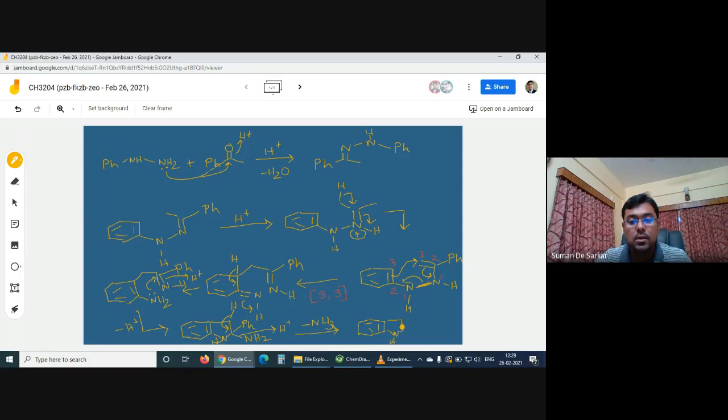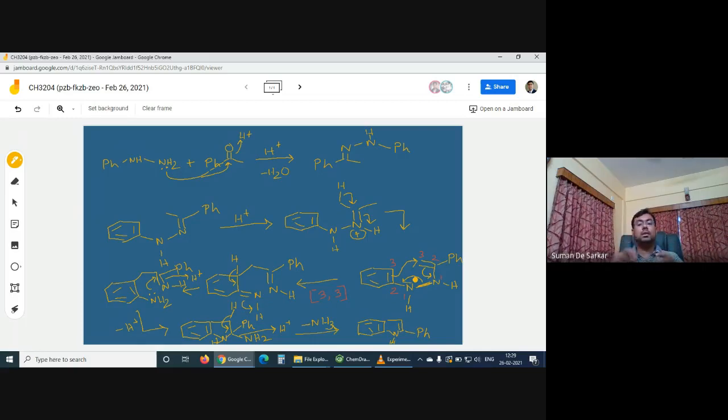NH here and phenyl, 2-phenyl indole. So that's the ultimate product. Okay. So just to repeat it, first step is quite simple. It's just a condensation reaction to form the hydrazone, and then with the hydrazone, it's the actual key step, with the presence